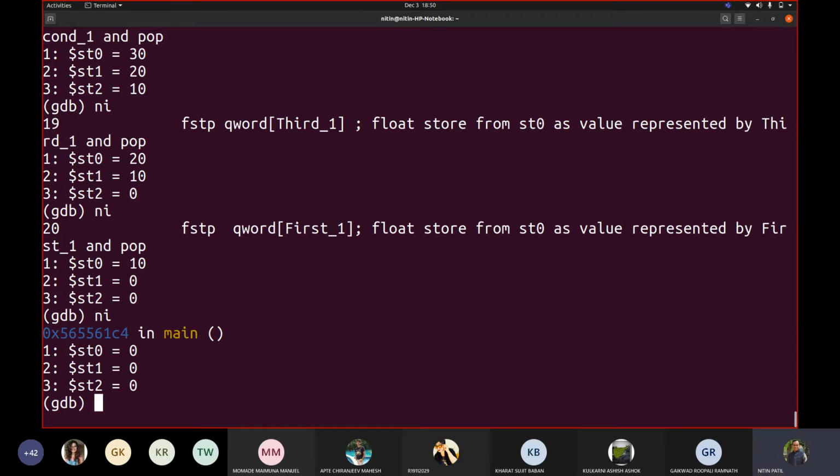Now Maimuna, your question was, what if I have to use more than 8 values? You can store them in temporary variables. Is that okay? Yes, sir. Understood this FSTP? FSTP does what? Whatever value is stored with st0, that st0 value would be stored to a designated operand, and it will also pop the value. And if you write FST, it will take only the st0 value. Is that okay now?